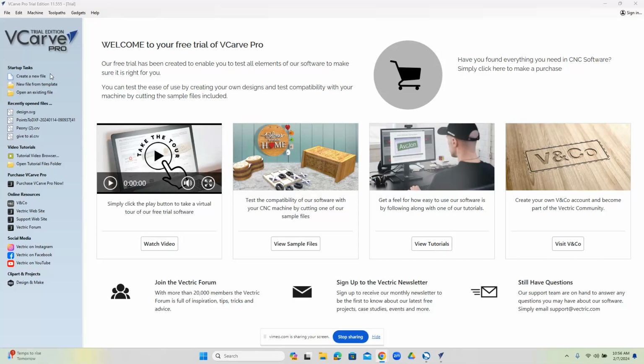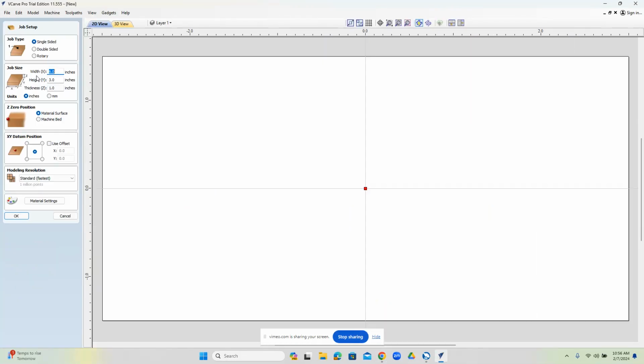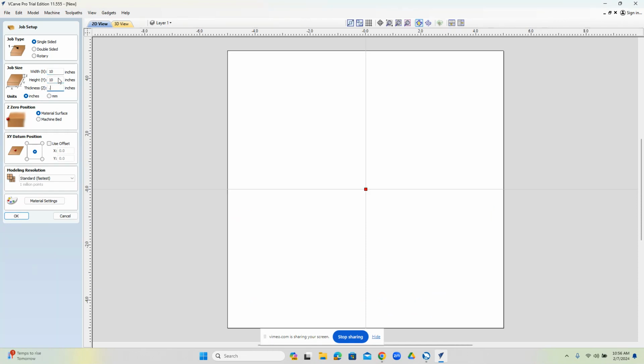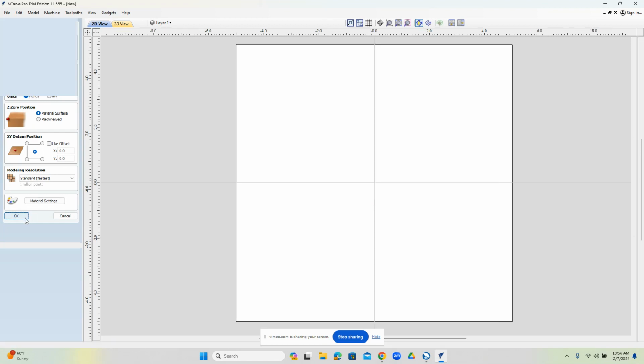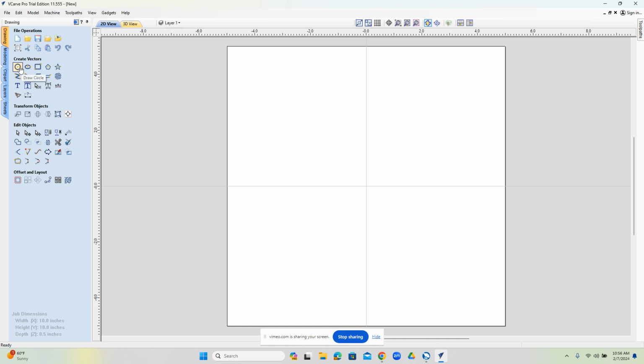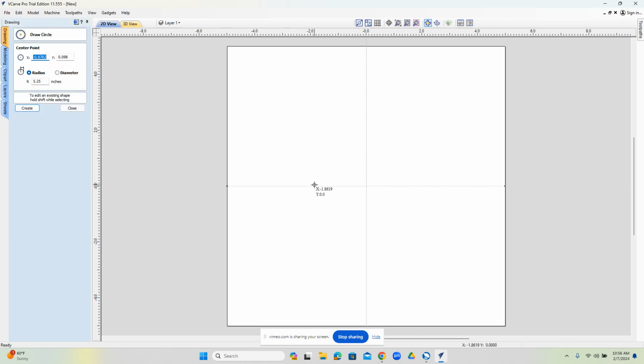All right, let's see if we can do something here. We're going to create a new file. We'll just make it a 10 by 10. It's a 1/2 inch tall. We're going to zero on top center, and we'll choose OK. All right, so from here, best I can tell,